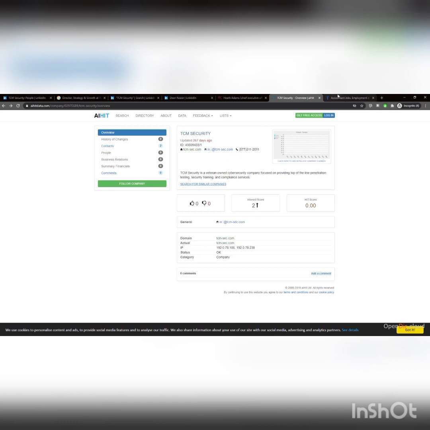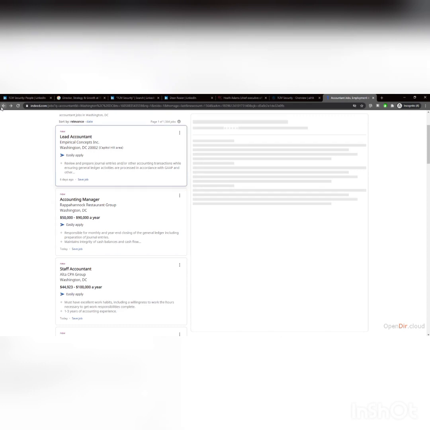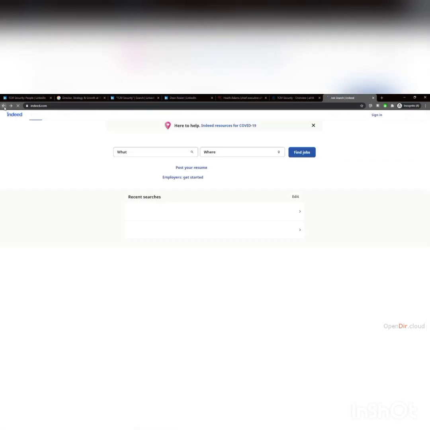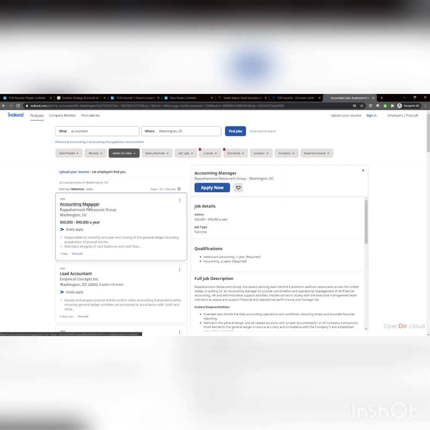Another thing to look at when we're coming through here is, and I searched for jobs, but if you come to Indeed, let me go back. If you go to Indeed, I looked for accountants in Washington, D.C. I just wanted to put in a random job title to show you. So if we come through here, we take a look at this one. Look, this is an accounting manager for a restaurant group.